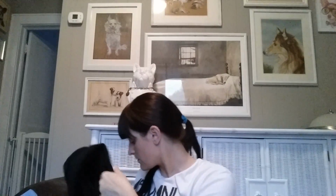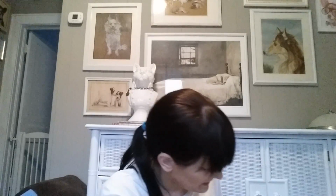I don't really know if the camera can pick that up, but it's got a striped pattern within the knit. And I think, let me see, it had to be around $1 because everything added up to about $5. So the next thing I picked up